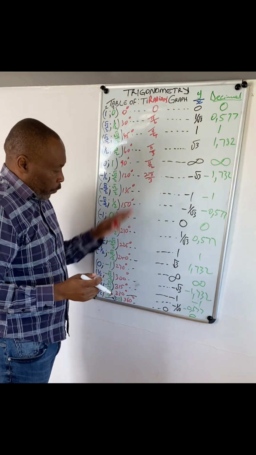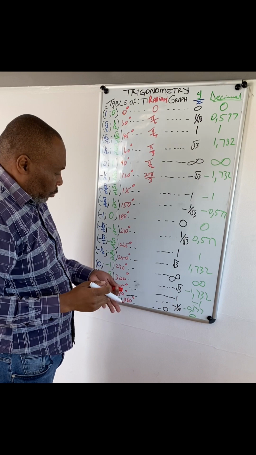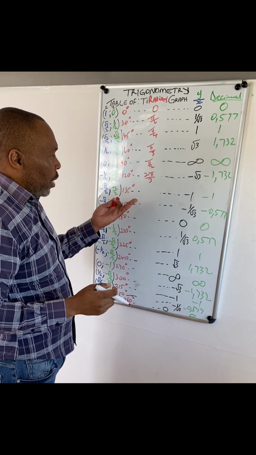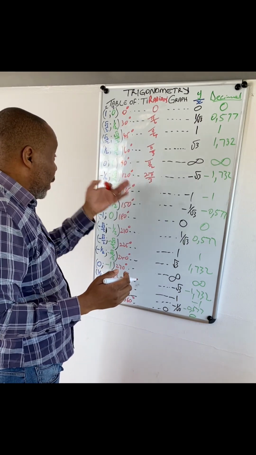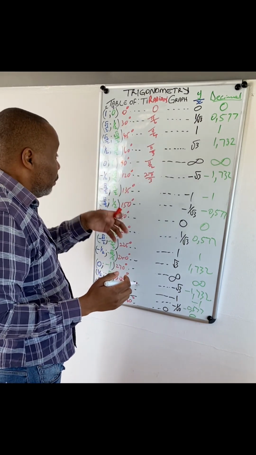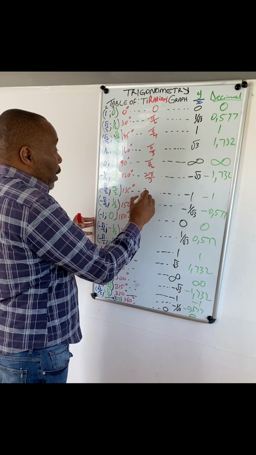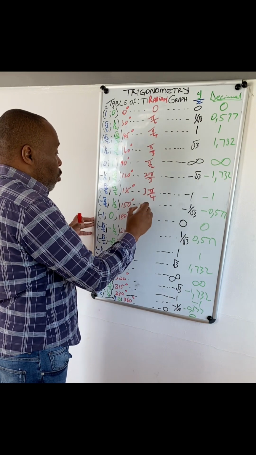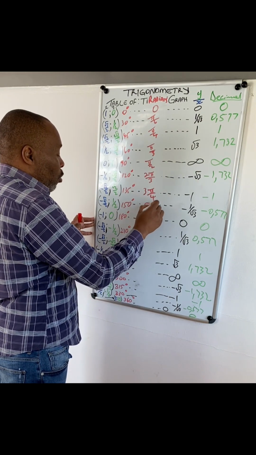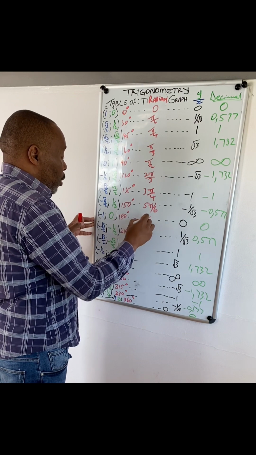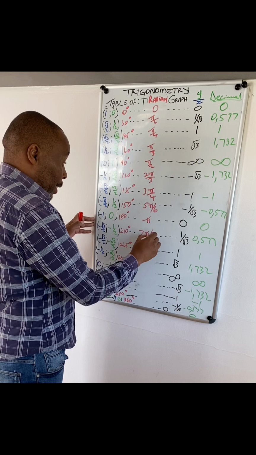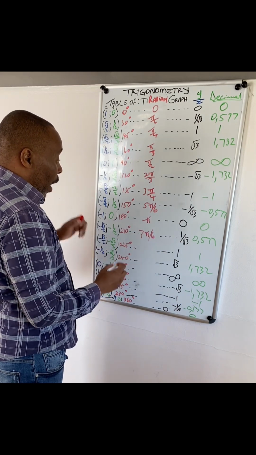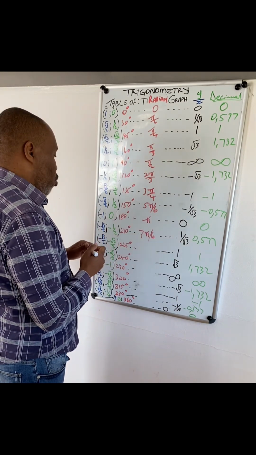I want to leave a few for you to fill in, but hey, you can just pause me anywhere and just fill them in and check them back. We've got them in the other one, which is 3 pi over 4, 150 is 5 pi over 6, 180 is pi, 210 is 7 pi over 6, 225